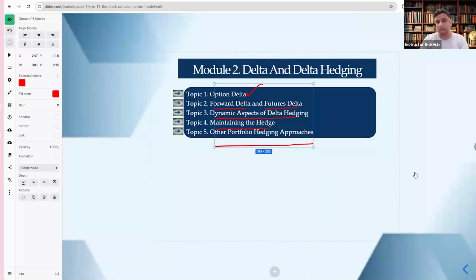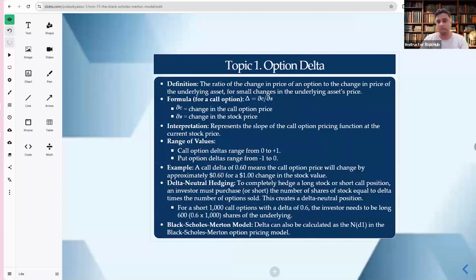Now, delta. What is delta? Delta is a Greek, right? I showed you in the image, right? Now we have to learn the definition of delta. Delta is nothing but this formula. The formula looks very tricky, but you can see delta is nothing but